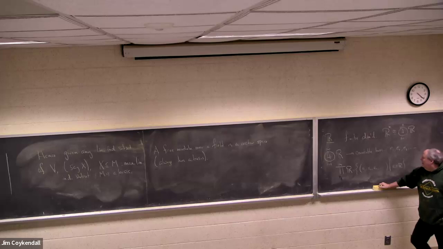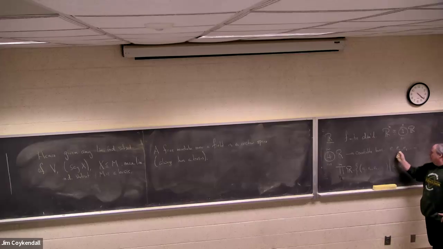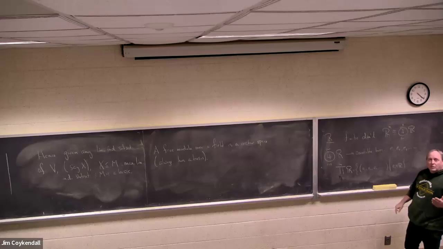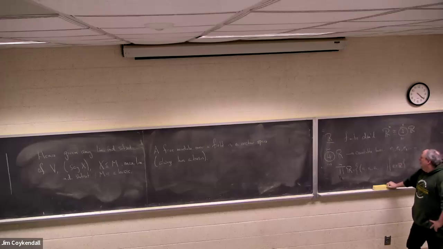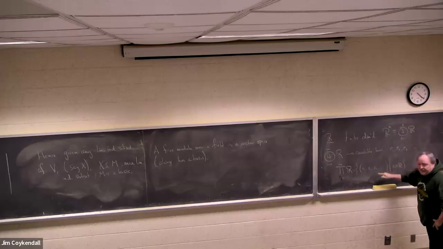Now, is this a basis for this? And the answer is no. This is a linearly independent subset of this for sure, but it's not a basis, right? Because, for example, if I have the element in here that's 1, 1, 1, 1, 1 forever, you're never going to be able to write that as a finite linear combination of this. So this is a linearly independent subset of this,